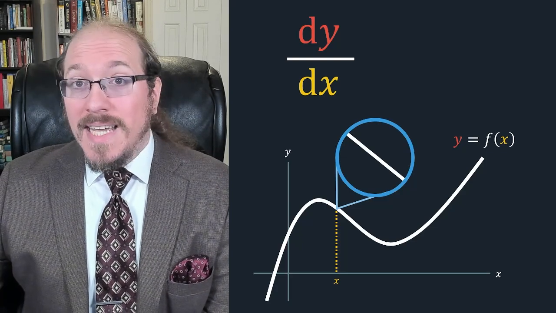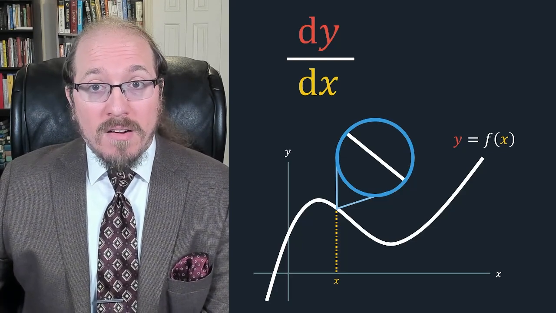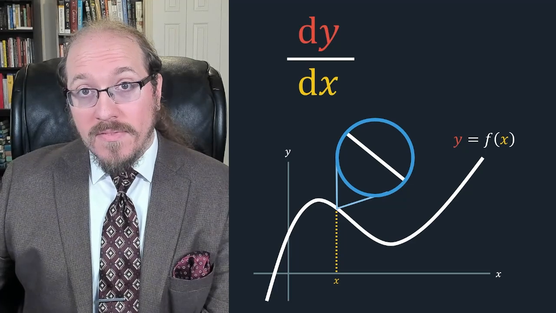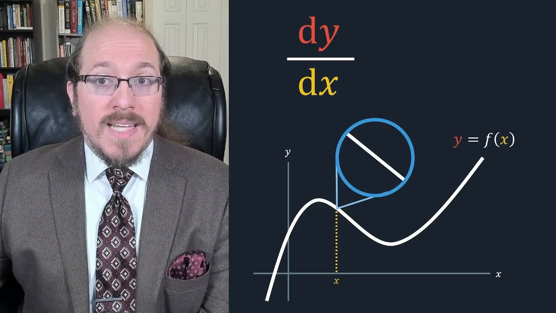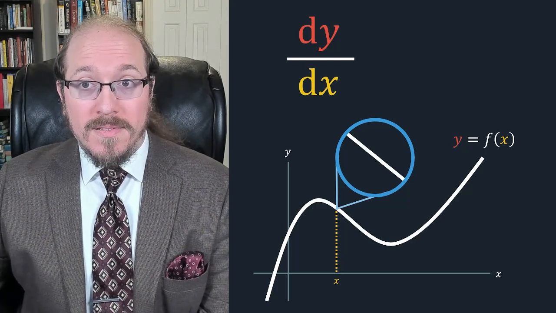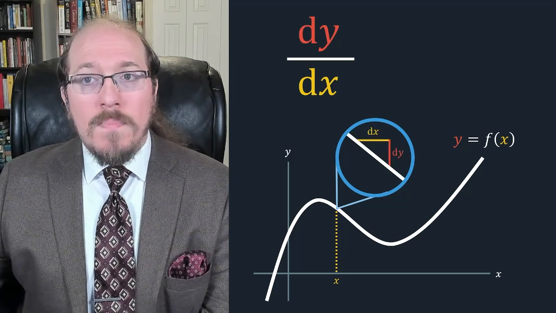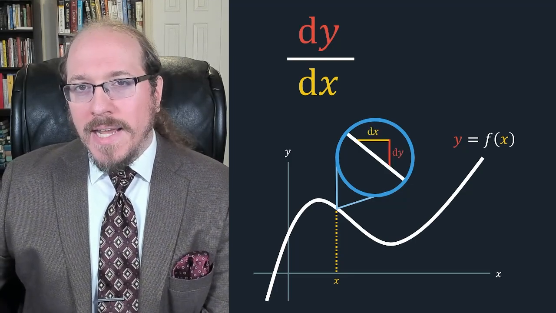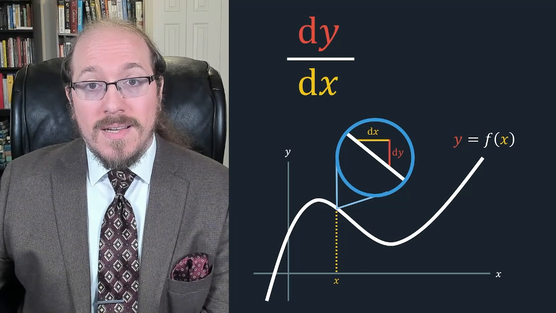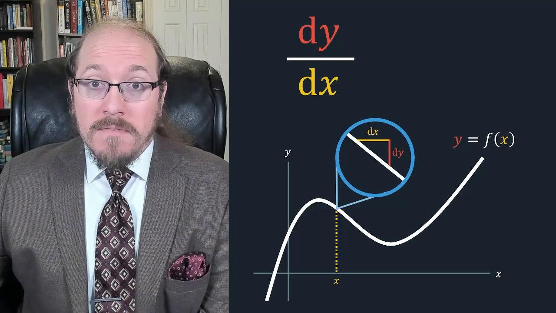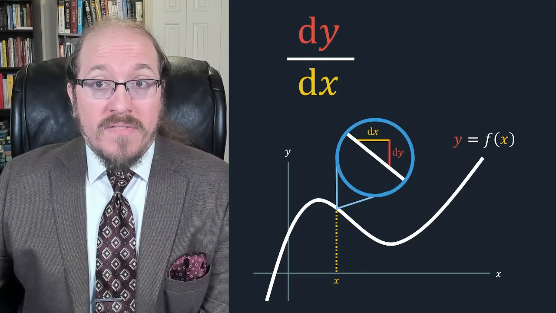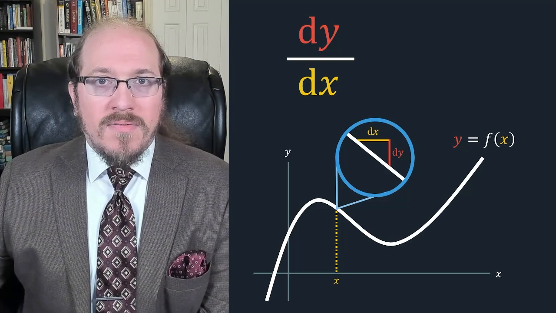For many functions, even though the original graph may be curved, if we zoom in close enough, it looks like a straight line. It's what we call locally linear. If we look at the slope of that line, dividing the change in y by the change in x, that's the formula for slope, that ratio is the derivative at that point,